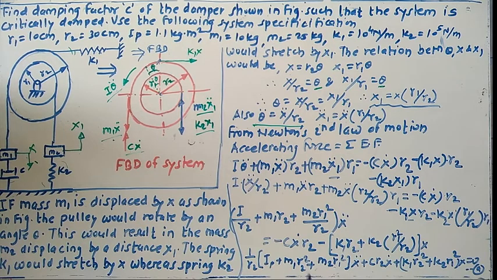So in the next step, the equation can be written like this. Just take 1 upon r2 as common, so instead of the bracket, this Ip will remain. So Ip plus m1. If I take r2 as common, it means you have to multiply the r2 term by r2. So m1 into r2 square plus m2 into r1 square into x double dot, and simply take all this term